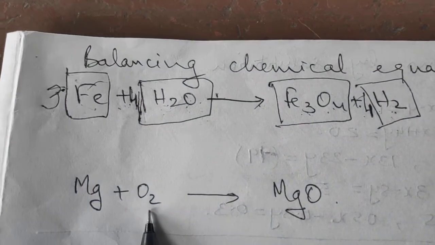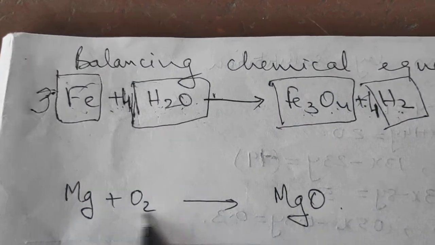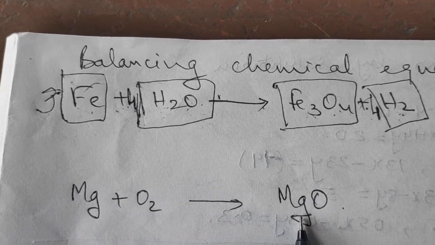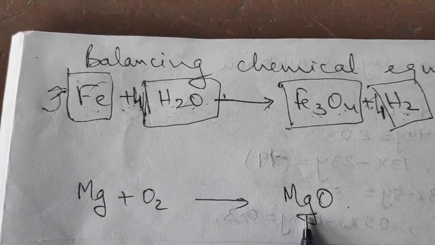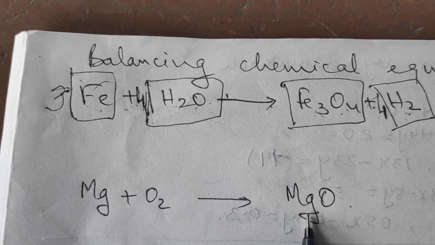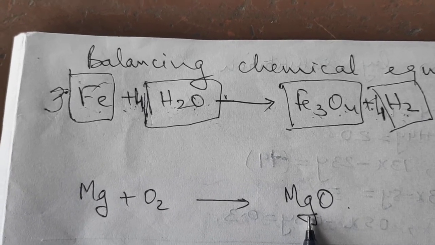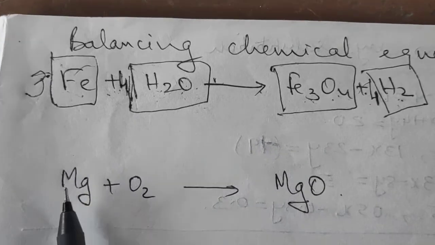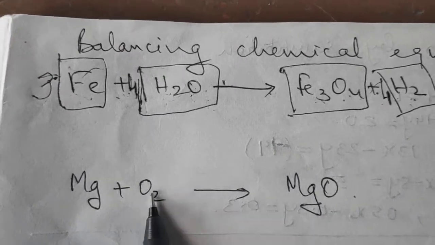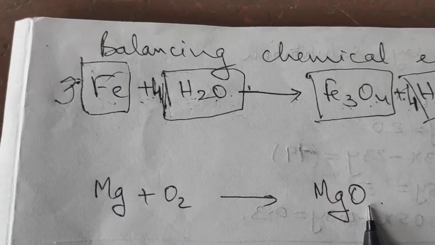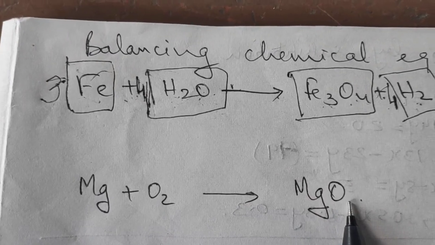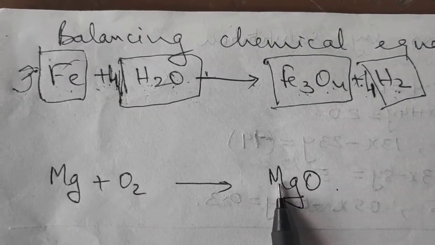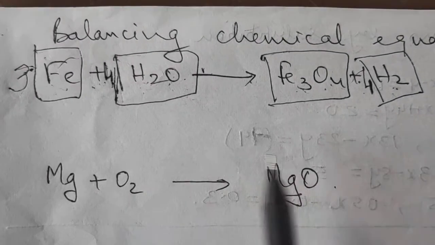Magnesium burns in air to form magnesium oxide. I hope you must have watched the related video which I had connected in the previous class, wherein you must have seen the magnesium strip burning with a dazzling white flame. Got it? Okay. Now here, when that magnesium burns in air, that is oxygen, it is forming magnesium oxide. Here again, magnesium is 1 on either side, reactant and product side, but oxygen here is 2 and here it is 1.